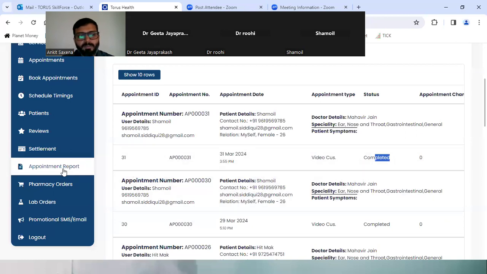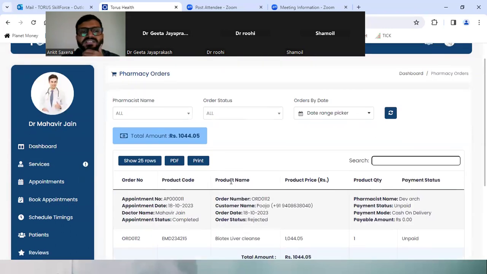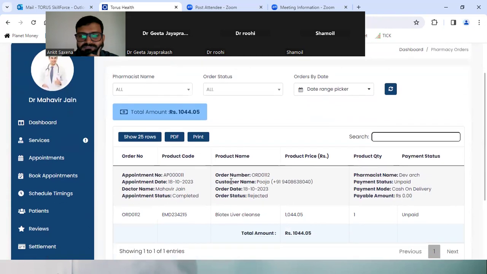Okay, and after the appointment report, we have the pharmacy orders, right? So all those patients who have placed orders.